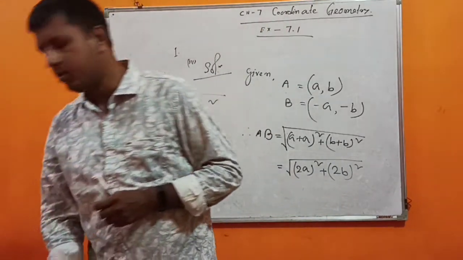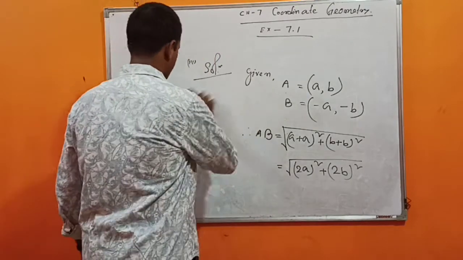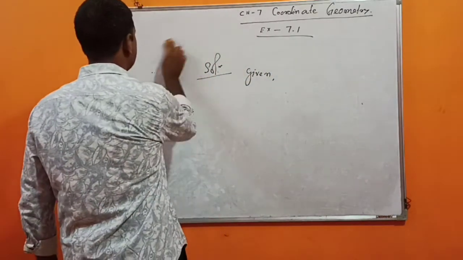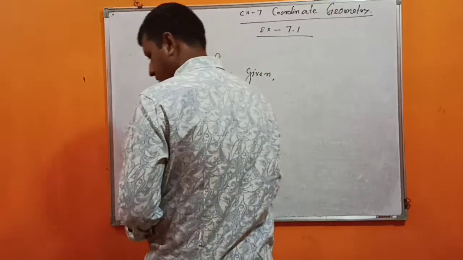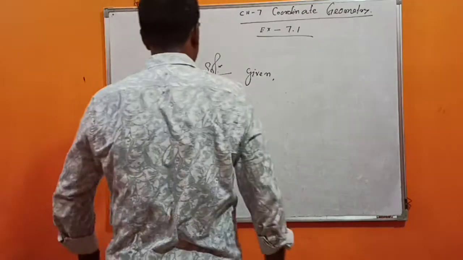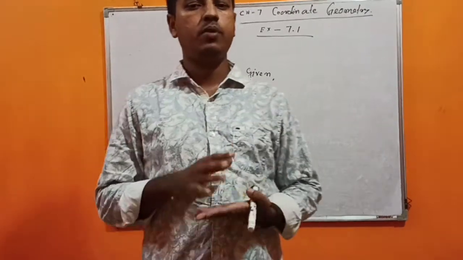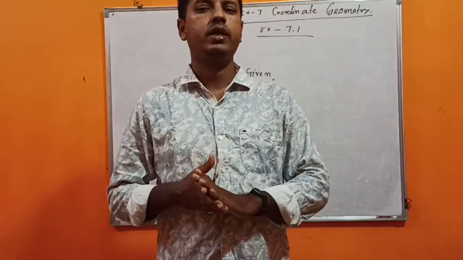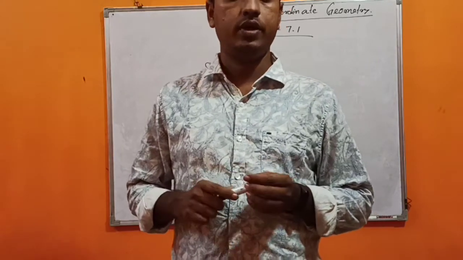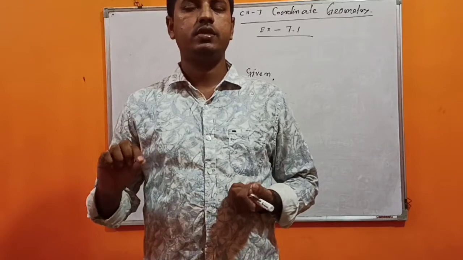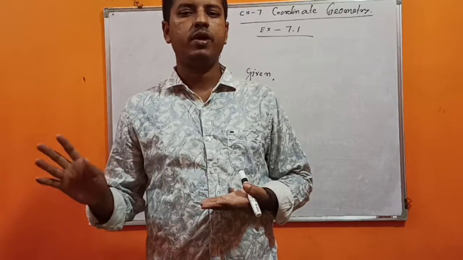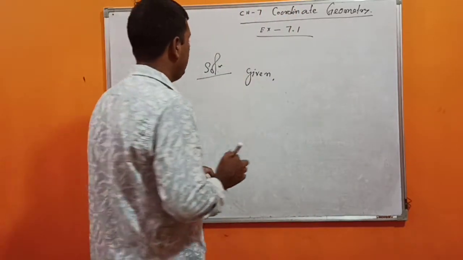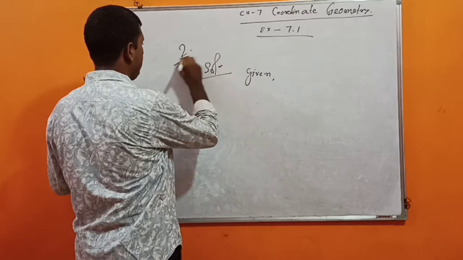So I am now moving to question number 2. In question number 2, we are to find the distance between the 2 points. The coordinate of one point is (0, 0), that is the origin, and another point (36, 15) is given. So we are to find the distance of (36, 15) from the origin. The second part is not necessary. If you go through the second part, then you will be able to get this. This is not essential.